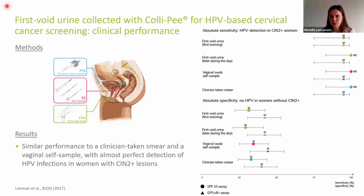A number of clinical performance studies have been set up to address the performance of Colibri in HPV detection for cervical cancer screening, which include over 2,500 women who were referred to colposcopy. This slide shows the result of the first completed study, which assessed clinical accuracy of HPV detection in women with CIN2+ lesions,